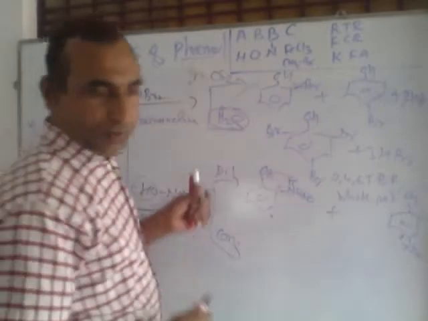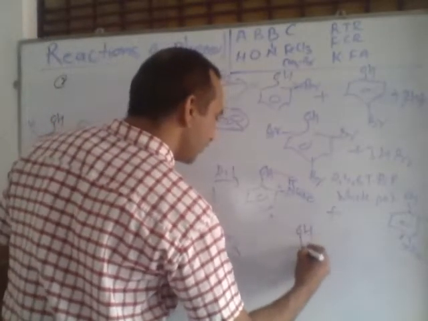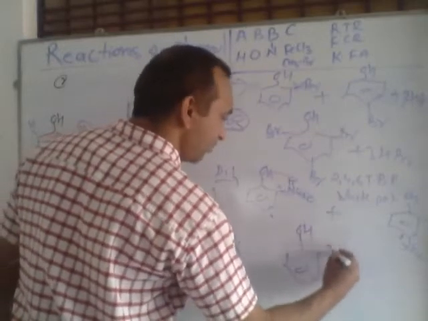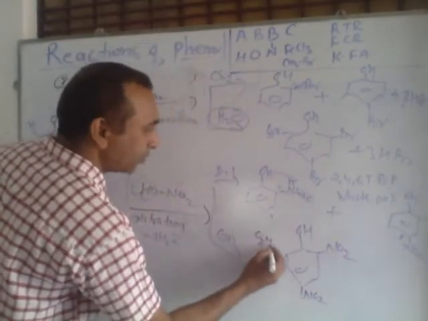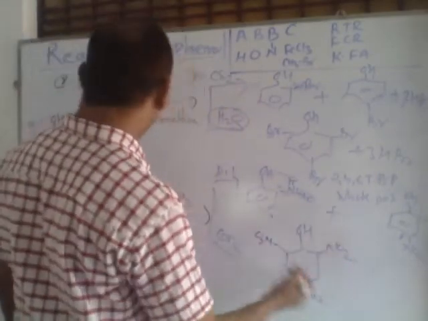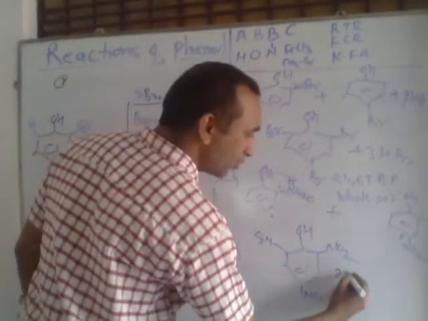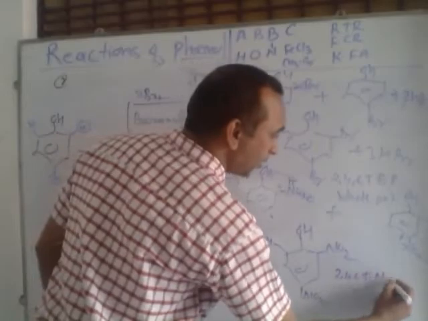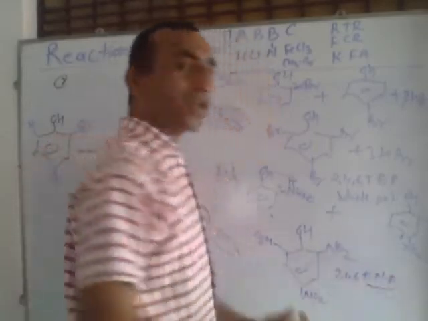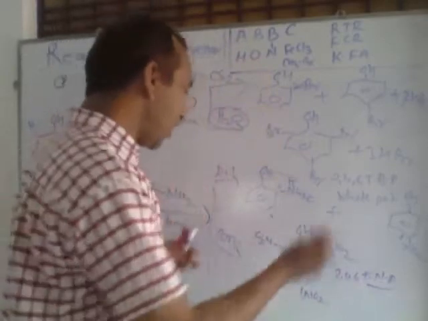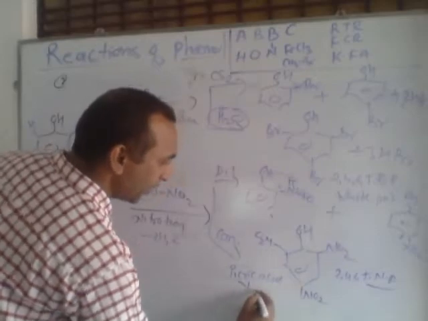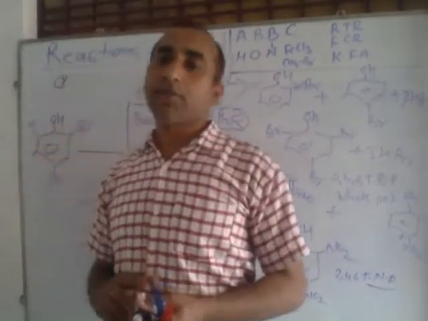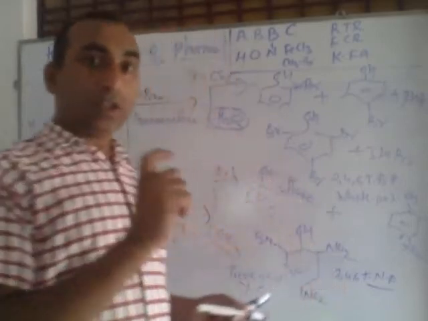But if concentrated nitric acid reacts with phenol, then nitro groups connect at ortho, para and ortho positions with removal of water, and this is called 2,4,6 trinitrophenol. TNP means trinitrophenol. This is also called picric acid. Picric acid is a yellow colored solid. In exams they ask how can you convert phenol to picric acid.